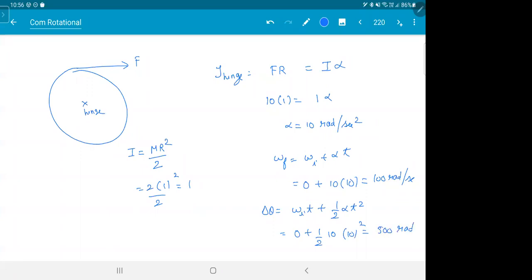Questions will come like this. You should know how to find alpha. They'll ask the question like this only. Find omega after 10 seconds. So you should find alpha, and from there you have to get it. This question came in NEET. Put it down. Ask me any doubt on this.